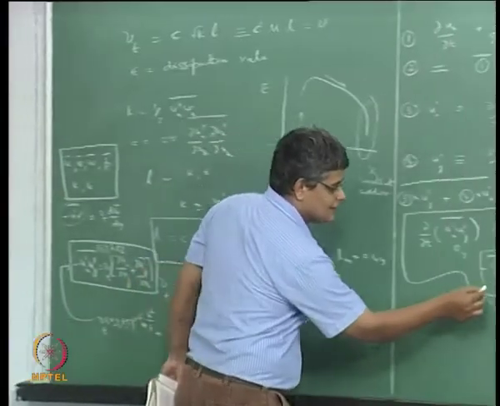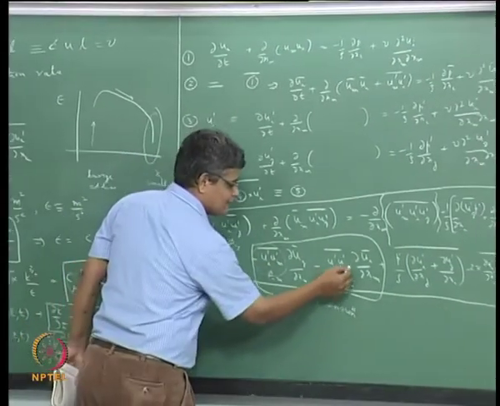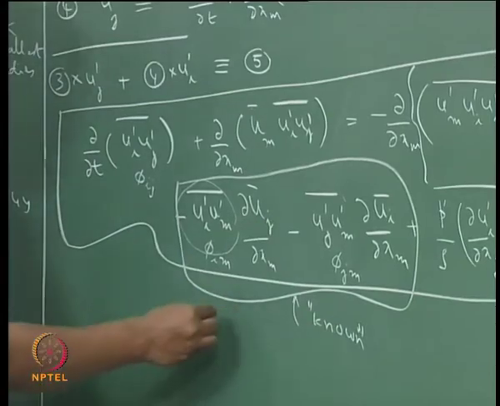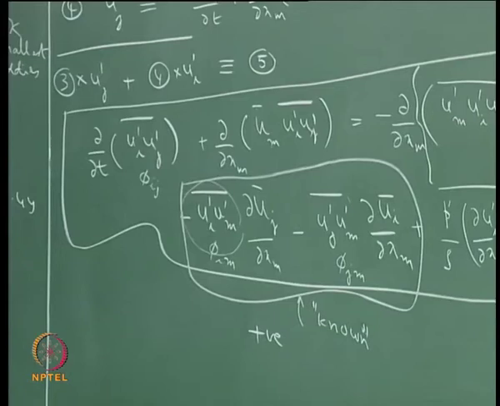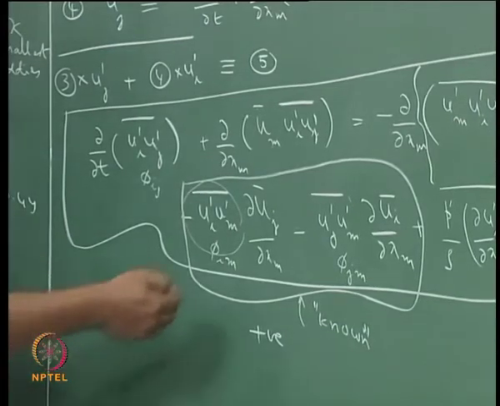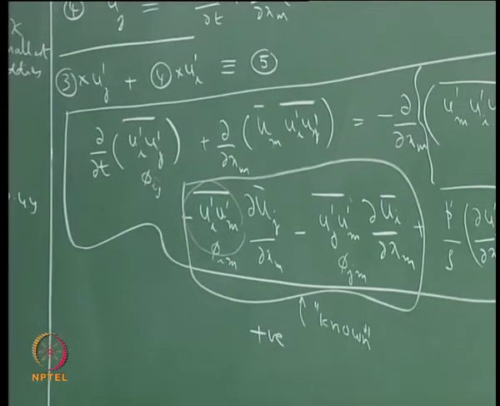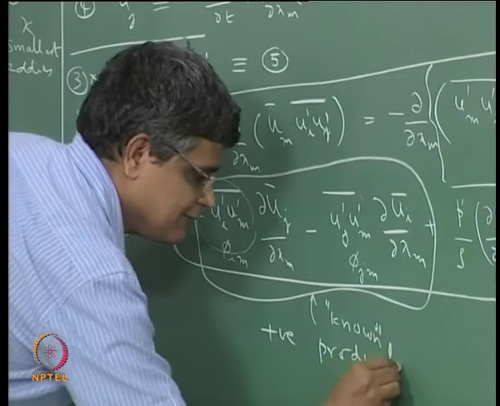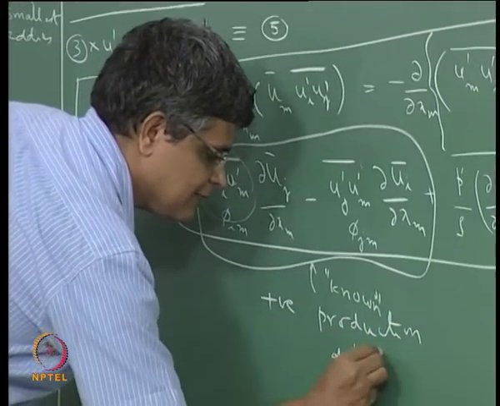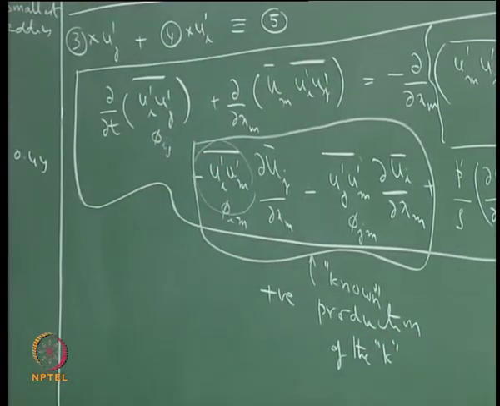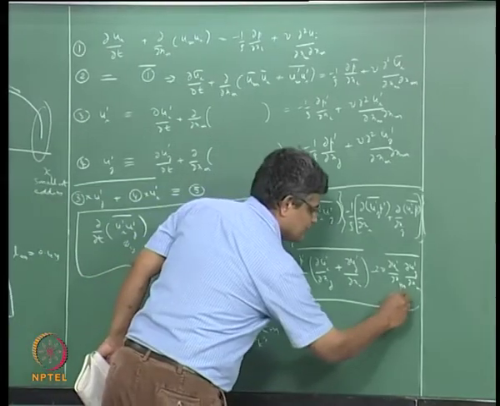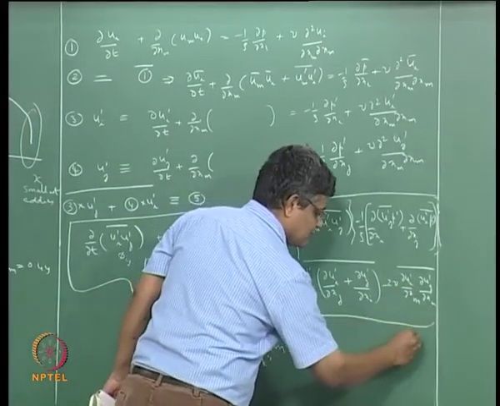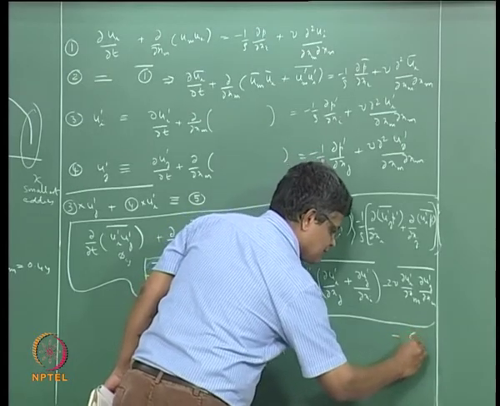So one could say that this along with the minus is a positive quantity, and also this along with the minus is typically a positive quantity. So this whole thing is a positive quantity in which the mean velocity gradients are coming into picture, and this is therefore treated as a term of production of the turbulent kinetic energy. And similarly, this term here, when we put i equal to j, becomes a positive quantity, so this becomes a negative term. So together one could call this epsilon,